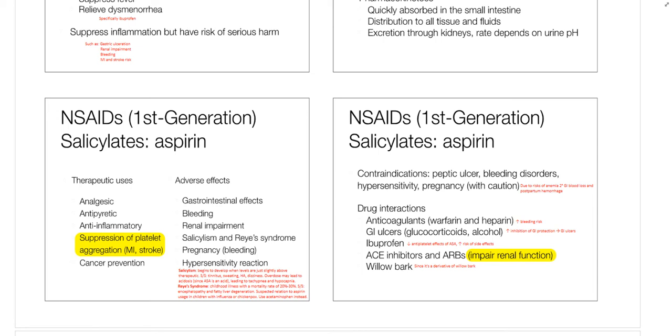And then there's also, we'll come back to this in a second, of course, bleeding risks with pregnancy, and a hypersensitivity reaction is possible. Now, specifically for salicylates, we have the potential concern of salicylism and Reye's syndrome. So salicylism comes from basically overdosing on aspirin, and it begins to develop when levels are just slightly above that therapeutic range. The early signs and symptoms are going to be things like tinnitus, sweating, headache, dizziness, but eventually will